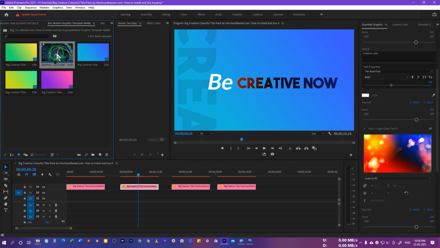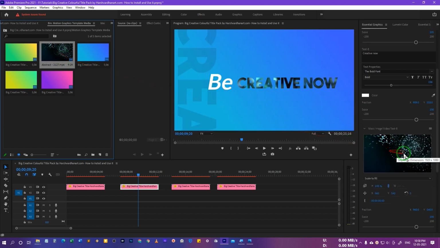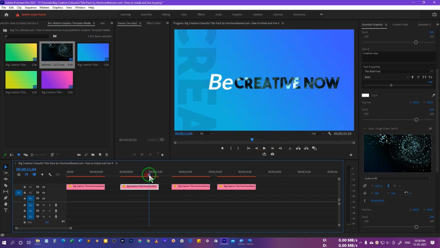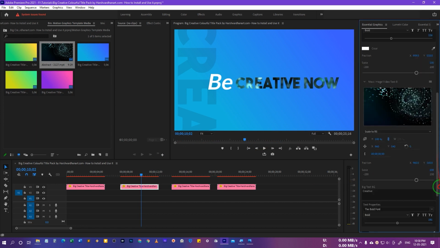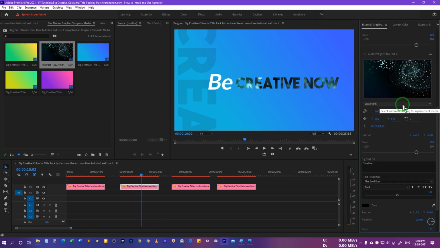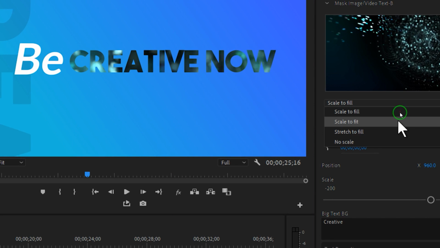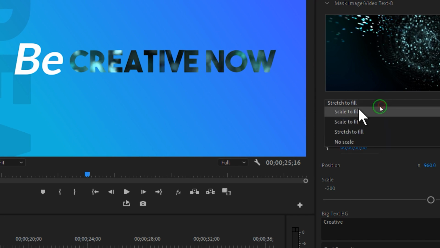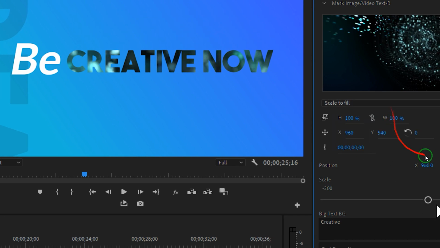In this case I'll show you how to use a video. If I drag it over here, it is immediately replaced by the video. If you play it right now, you can see this now has a different effect. Then we have the option to change all of these parameters. We can scale to fill, scale to fit, stretch to fill, and we can even scale it down. But by default, scale to fill works just fine.